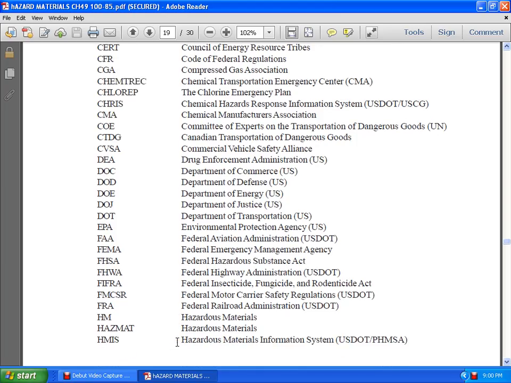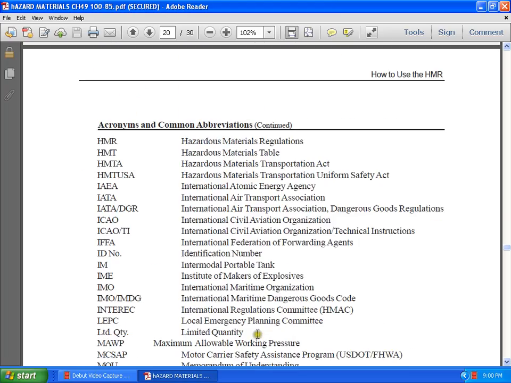HMIS, Hazardous Material Information System. PHMSA. HMR, Hazardous Materials Regulations. HMT, Hazardous Materials Table. HMTA, Hazardous Materials Transportation Act. HMTUSA, Hazardous Materials Transportation Uniform Safety Act. IAEA, International